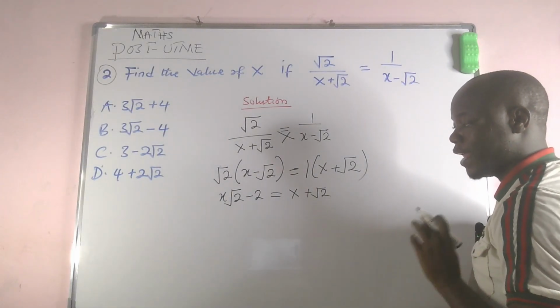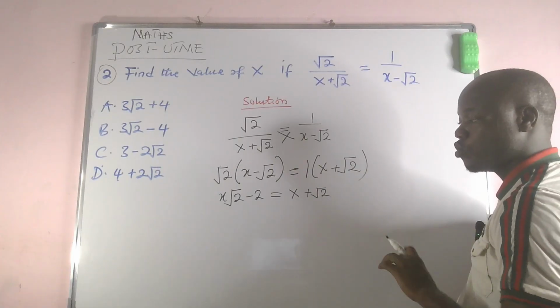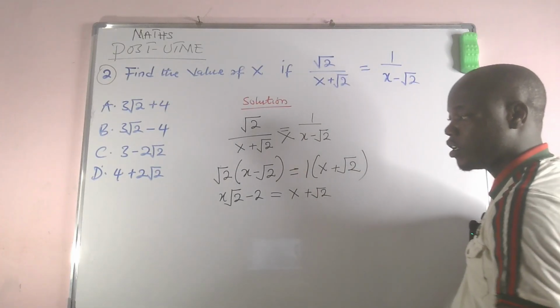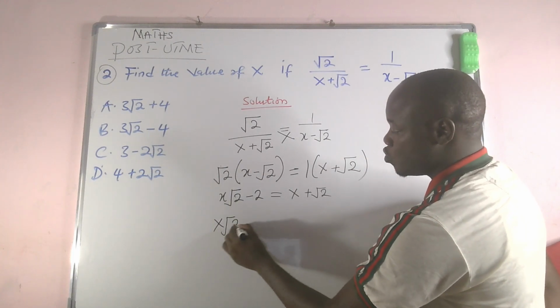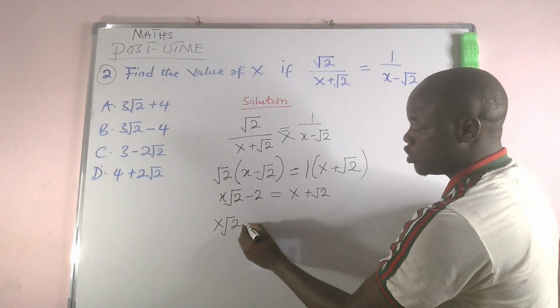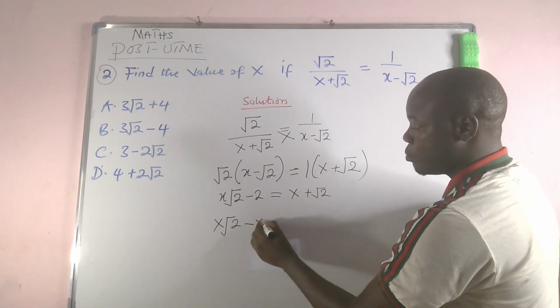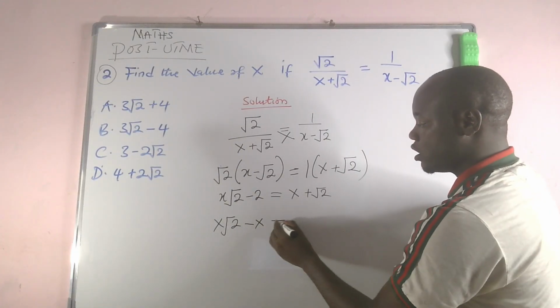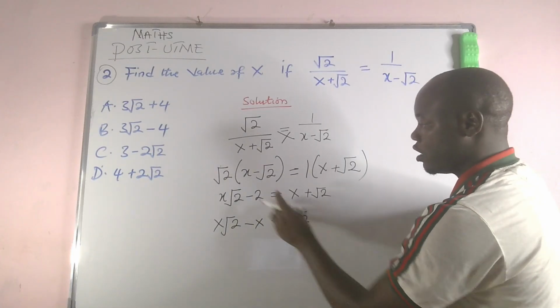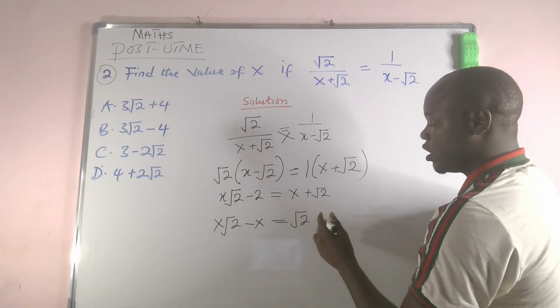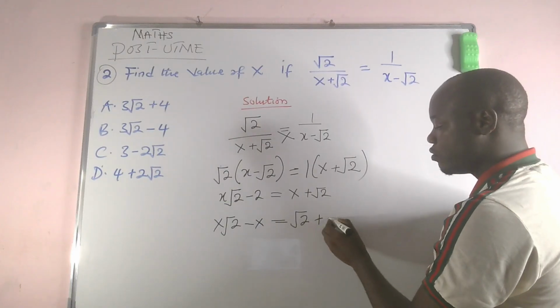So what are we going to do next? We are going to collect the like terms. Therefore, we are now going to have x root 2. This one will now change to this side. So we have minus x is equal to, we have this root 2 already here, and then this 2 will transfer to this side we have